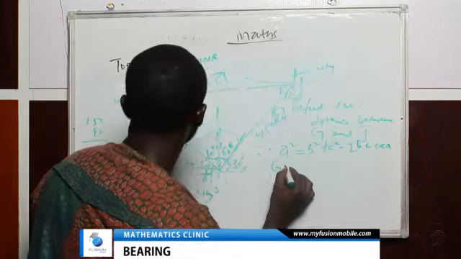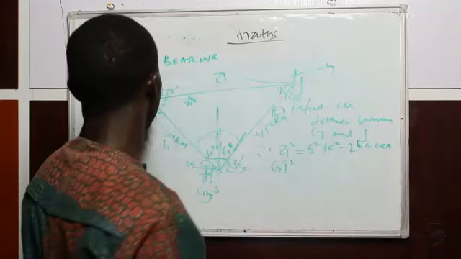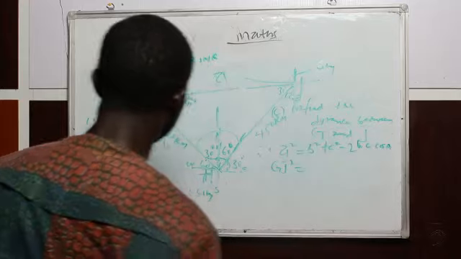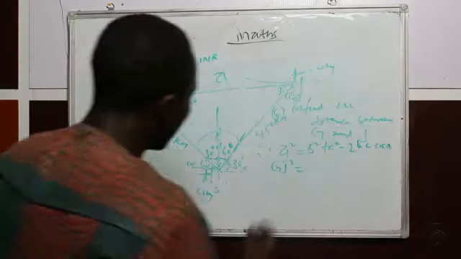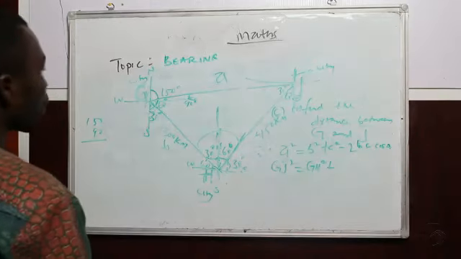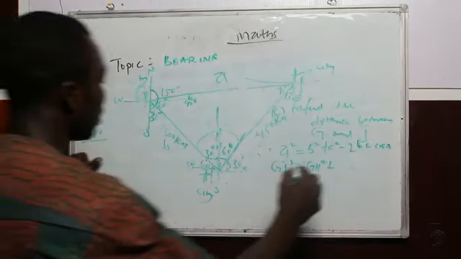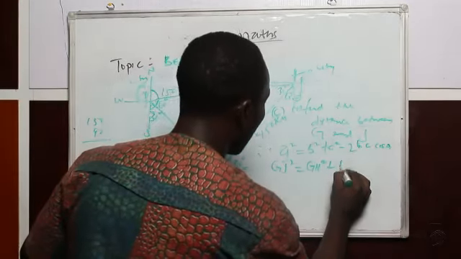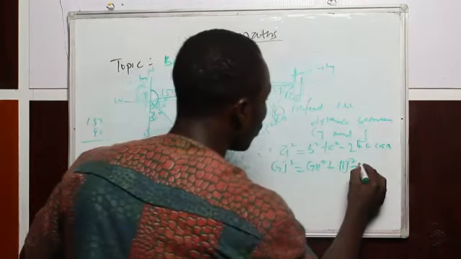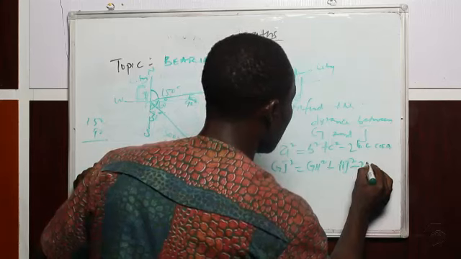CGJ square, because GJ is representing A, is equal to what is our B square? GH square. GH square plus what is our C square? Our C square is HJ square minus 2DH